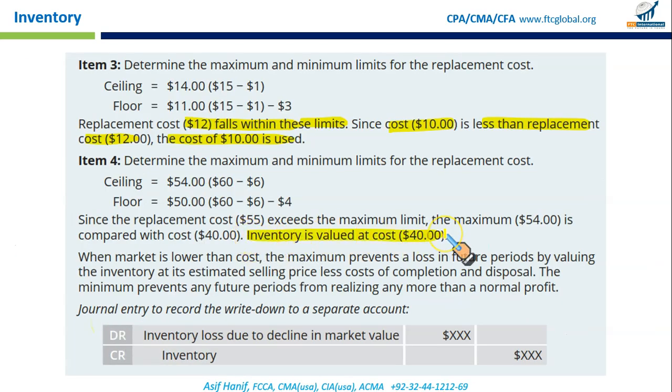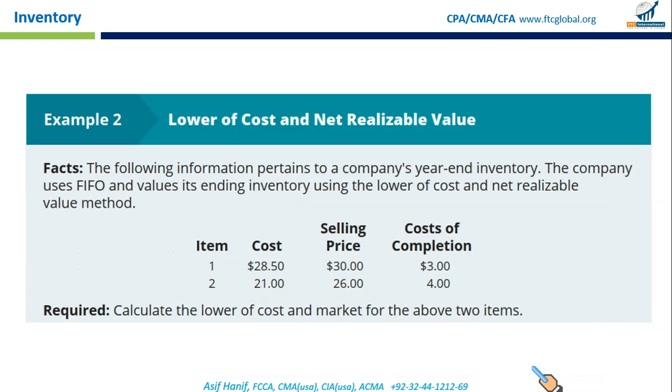Inventory is valued at $40. So inventory loss due to decline in market value is debited and inventory is credited. This loss is irreversible. Once it's charged, it cannot be reversed if the value of the inventory increases in the subsequent periods. Other than LIFO and retail method, we have another method called the lower of cost and net realizable